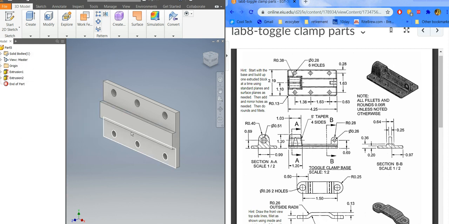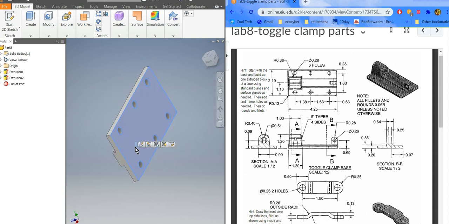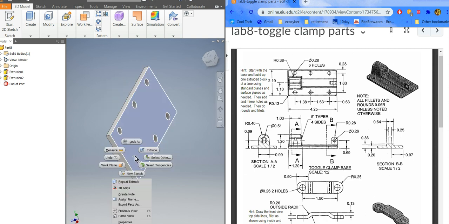Okay, so that's done. Now we're going to go ahead and draw this thing on it next. So this thing is 0.25 thick, 0.56 wide, double the radius, and the overall height is that from the bottom plus that. Okay, so I'm going to let Inventor do some math for me. Draw on this face, new sketch,